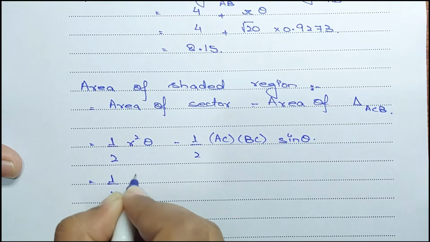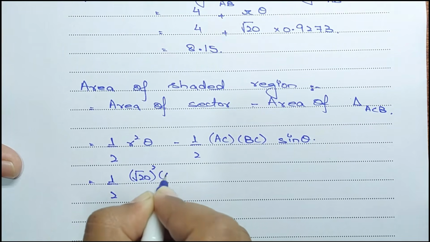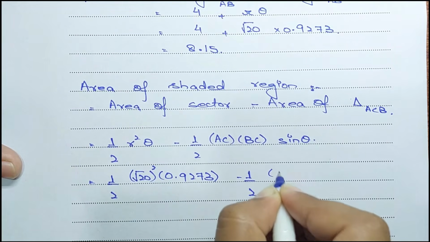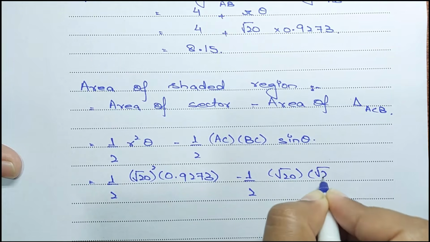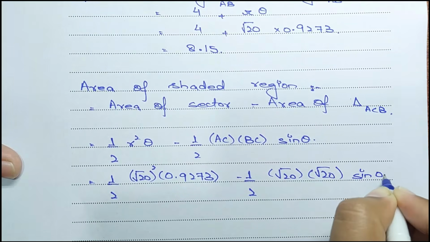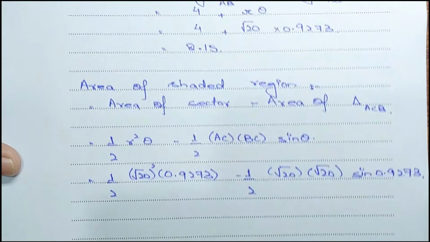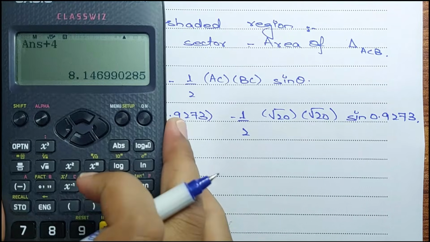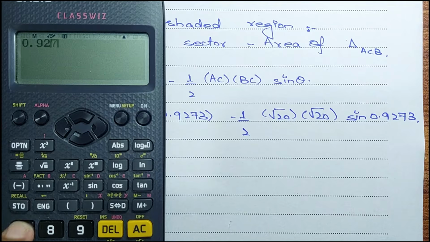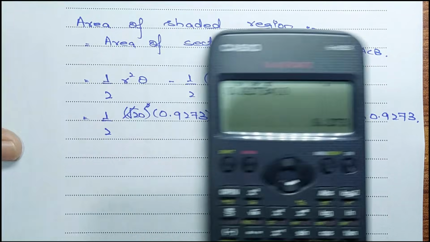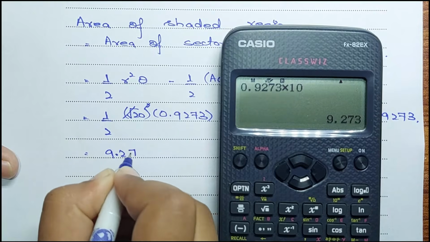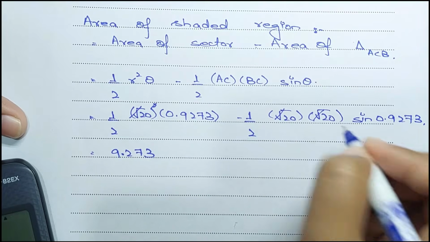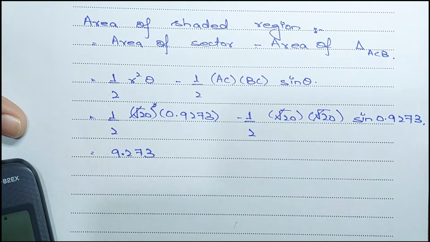So this is half, the radius is root 20 and its whole square, the theta is 0.9273, minus half, AC is root 20, BC is root 20 and sine of 0.9273. Let me calculate this. Root 20 squared is just 20, and 2 times 10 is 20. So 0.9273 times 10 is 9.273. Next, root 20 and root 20, we're just left with 20 divided by 2, which is 10,